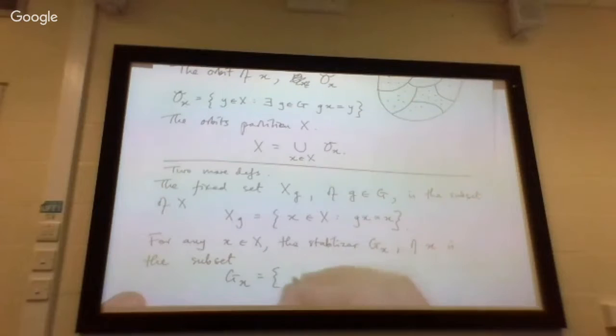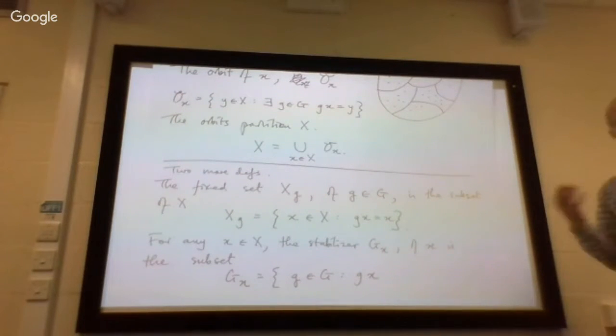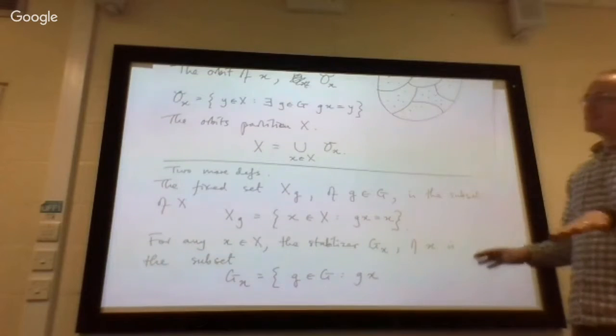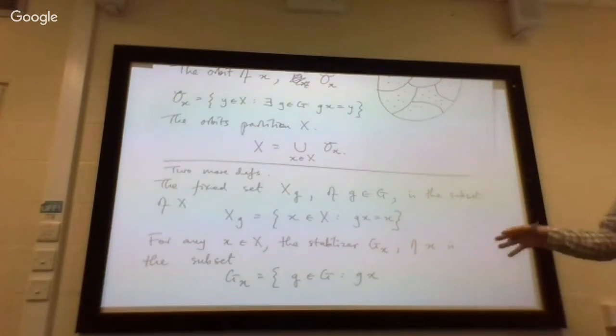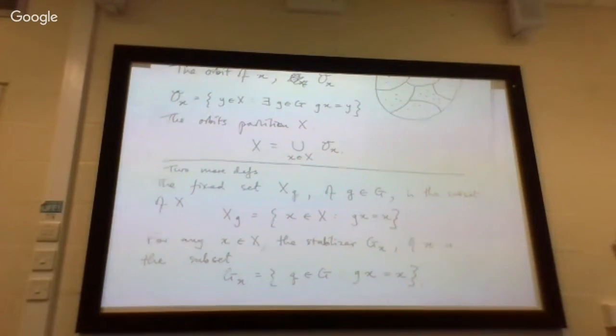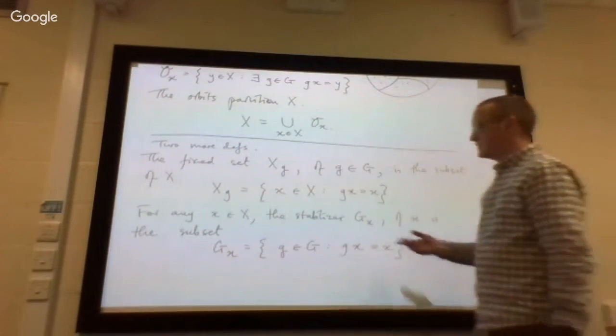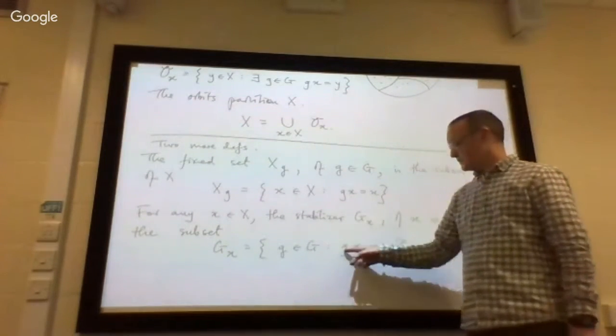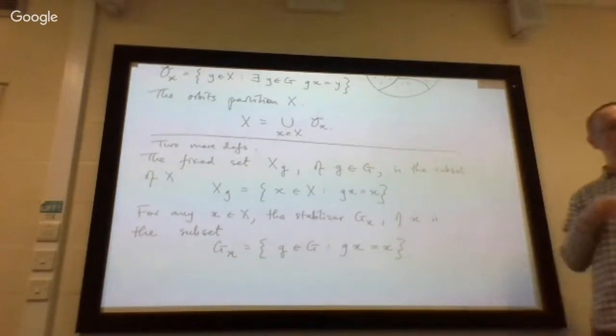But what is it? It's the set of every group element that, well, what's the idea of the word stabilizer? Stabilizers on a kid's bike stop the bike from falling over. They stop the bike from changing. So a stabilizer is something that doesn't change the thing. It leaves it stable. So in other words, a stabilizing element of the element little x is a group element that doesn't move x. G of x equals